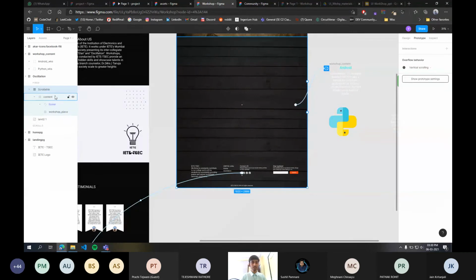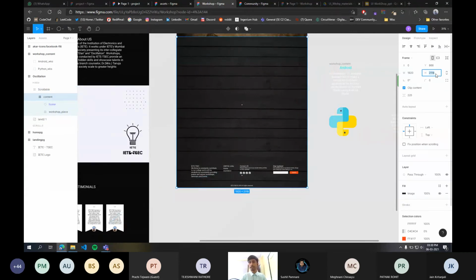So what you can do is click on this content frame, go to design, and make it bigger than the scrollable frame by varying its height. Click on its height. You can also perform mathematical operations here. The height currently is 2118 pixels, so write star 2, that is multiply by 2, and press enter.